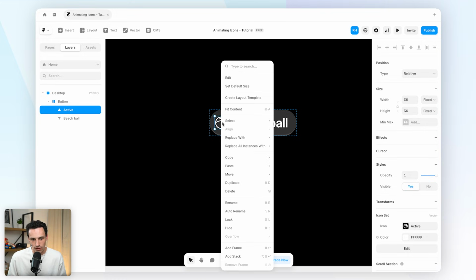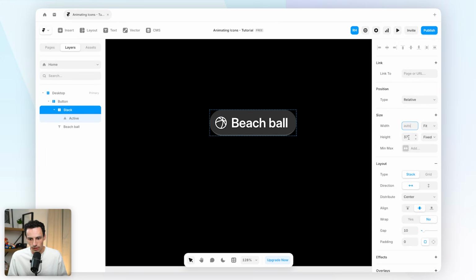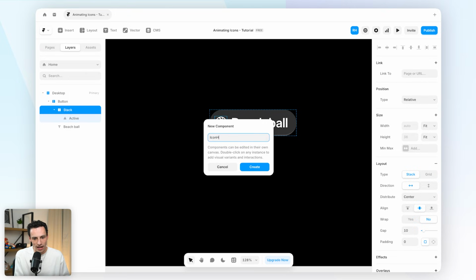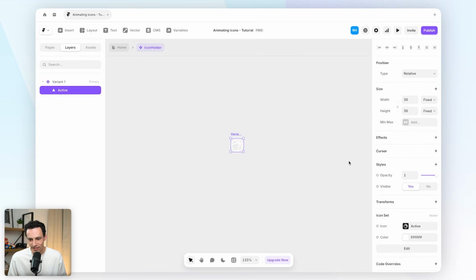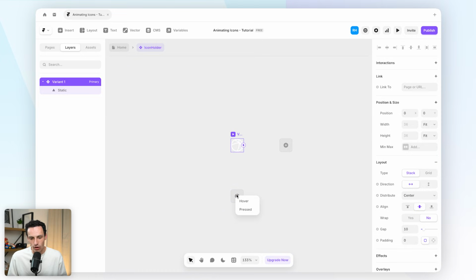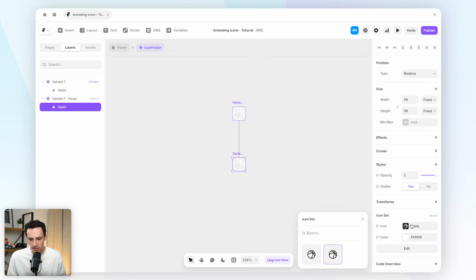So I'm going to take this icon here. I'm going to add a frame around it. So we'll wrap it inside its own frame and we'll set the width and height to be auto. And then we're going to right click this frame and we'll create this as a component, which will be called our icon holder. Now inside of here, this is essentially where we can get things working. So we'll set the initial variant here to have the static icon. So no effects playing. And then what we'll do inside the component is add a hover state. And we'll make it that on hover, we're going to switch this icon to the active icon,